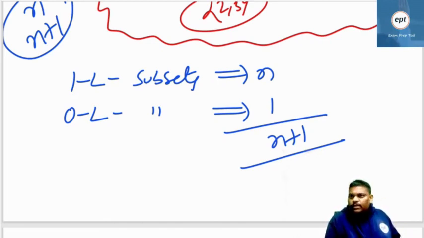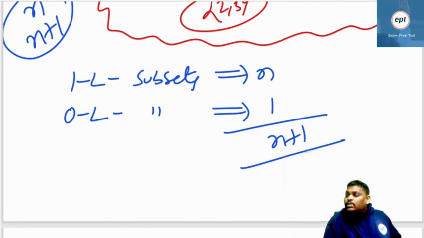For any size of set, you have 1-length subsets, 0-length subsets, 2-length subsets, everything. If I take n value 6 or more than 6,